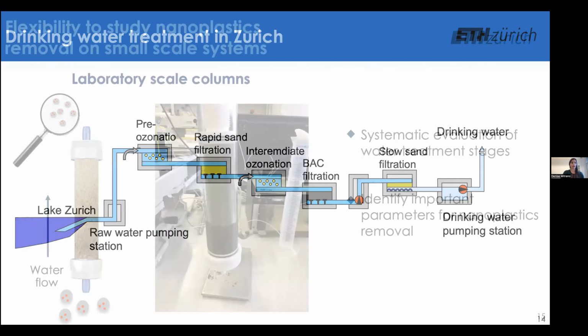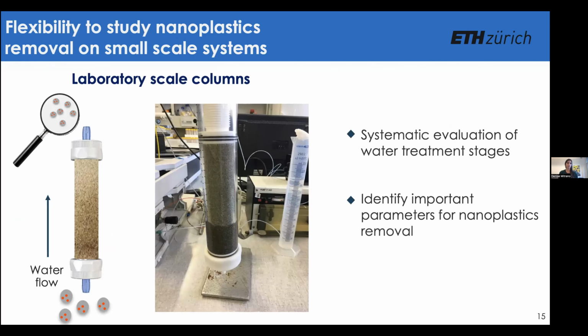So when we look at the laboratory scale column studies, this was great because it gave us flexibility to study nanoplastic removal on a small scale system. And so in concept, what we're trying to do here is take our metal doped plastics, nanoplastics in this case, put it up through this column and then see how much nanoplastics are coming out the other end by taking this water, doing microwave acid digestion and measuring by total ICP-MS